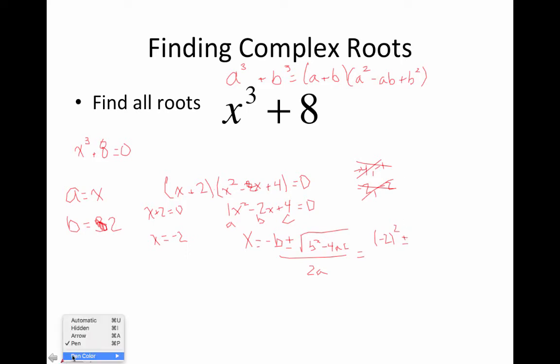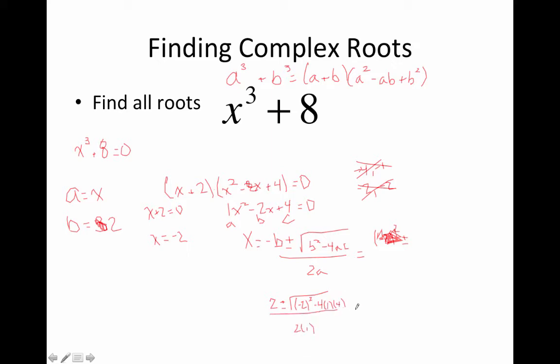Getting ahead of myself. Let's just cross it out. How about positive 2 plus or minus the square root of negative 2 squared minus 4 times 1 times 4, all over